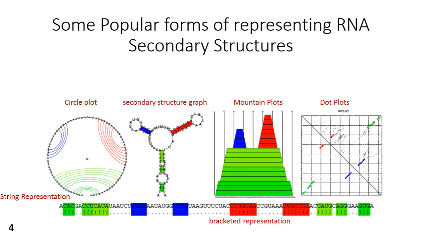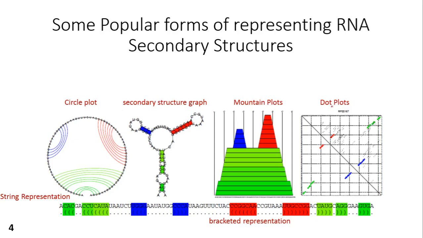We have also learned about some popular forms of representing the RNA secondary structure. We have discussed what string representation is and what string and bracketed representation is. We have discussed the circle plot, the secondary structure graph, mountain plots, and dot plots. So today we will talk in more detail about these dot plots